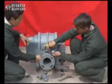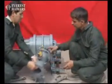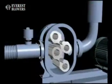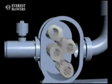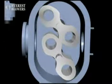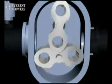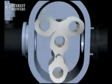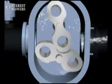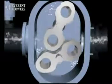Everest blower is no different. To get maximum out of your blower, you must understand the blower working principle. Everest twin-lobe rotary air blowers are positive displacement units whose pumping capacity is determined by size, operating speed and pressure conditions. It employs two double-lobe impellers mounted on parallel shafts, rotating in opposite direction within a casing, closed at ends